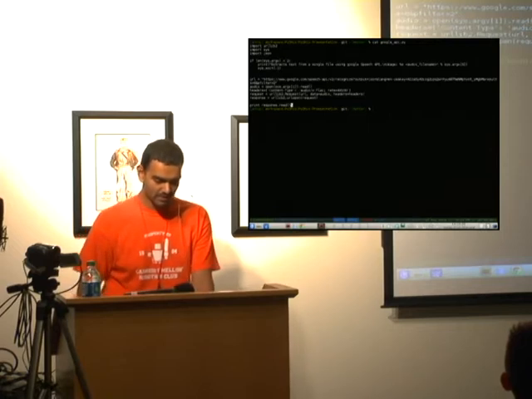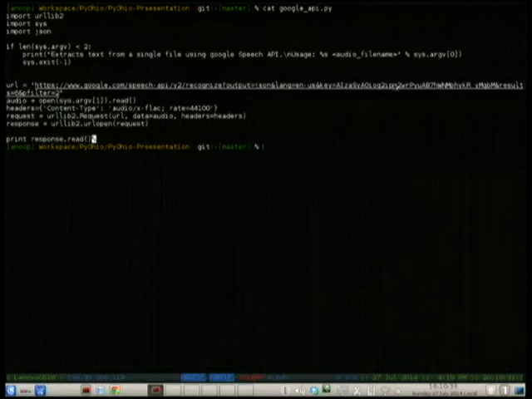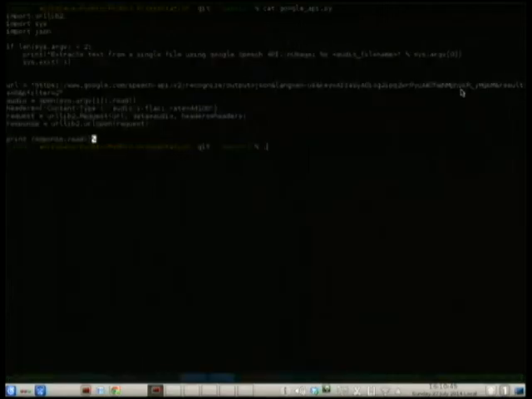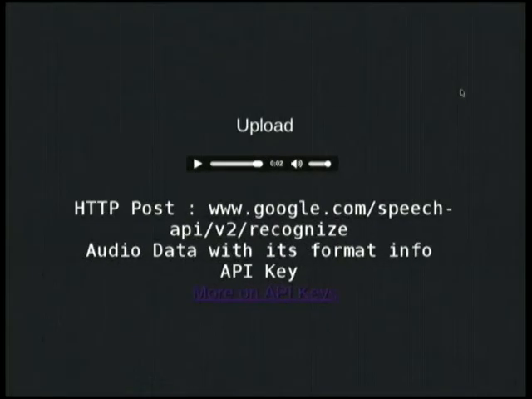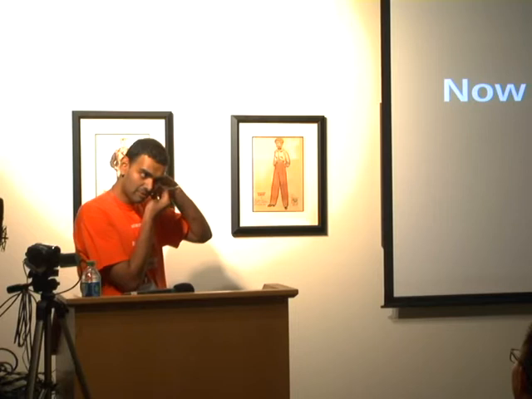This is the script I'm using. If you look at the URL, we have to specify our language and our API key. This API key, we have to get it from the developer's console. Yeah, it's fairly simple. But if you look at the problem, from the API key we can only have 50 requests per day. And I don't think there's also a paid service for it. I'm not sure, but